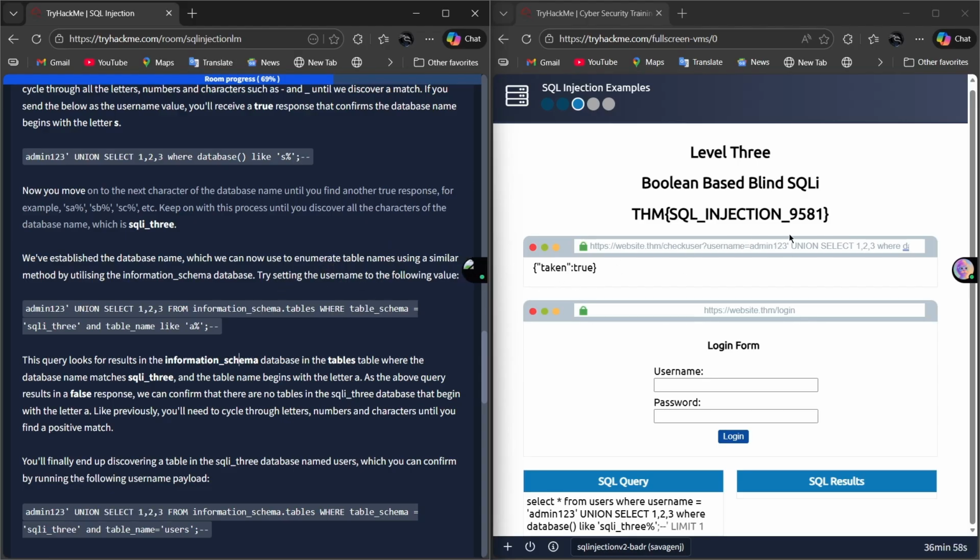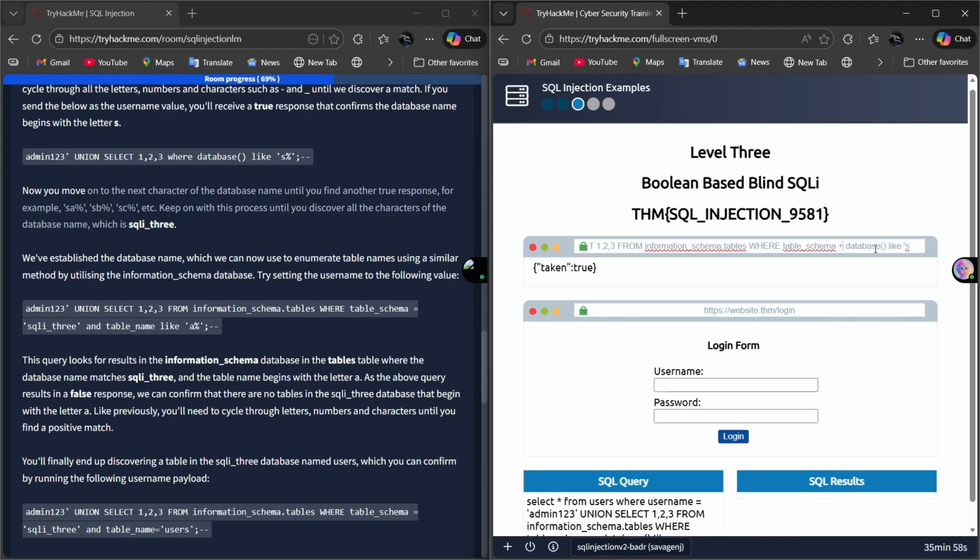Okay, now we can do, after 1 to 3, you can use from information schema dot tables, because we can fetch the tables where the table schema